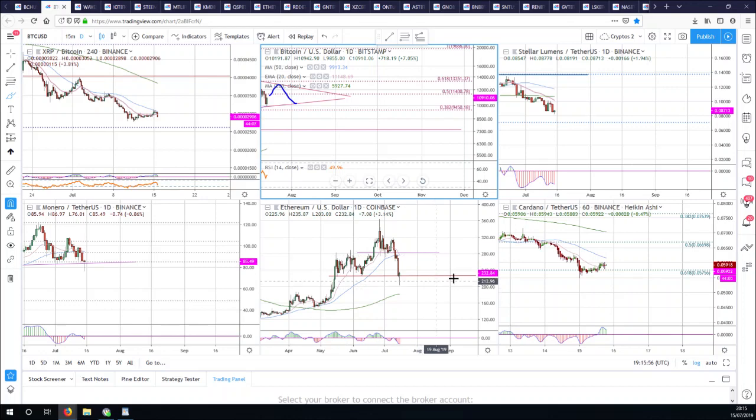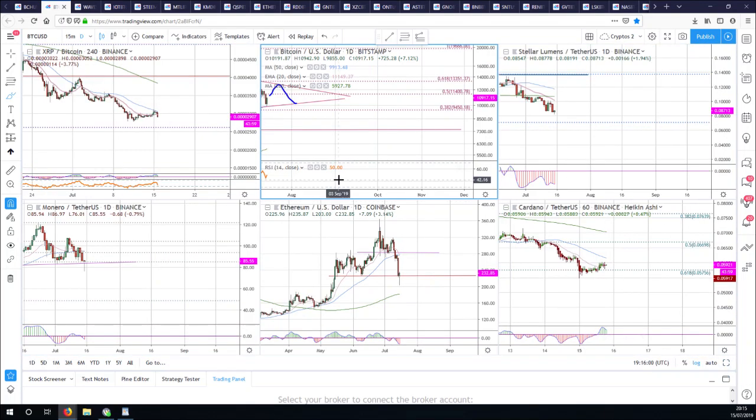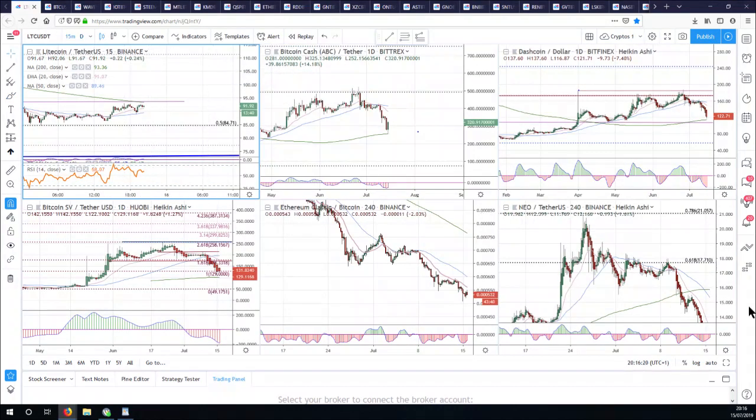Now, one of the nastiest falls this week has been in Ethereum, and I know nobody's particularly interested in Ethereum, but some people have been stuck in it and gone the wrong way. So I am going to quickly update it. And I'm also going to take a look at Litecoin and then ADA, and I'll do ETH in a minute. We'll do Litecoin first. We'll stick to the order that I said.